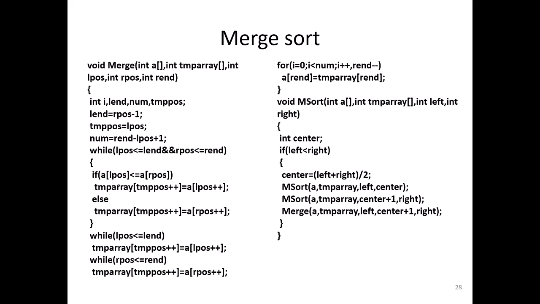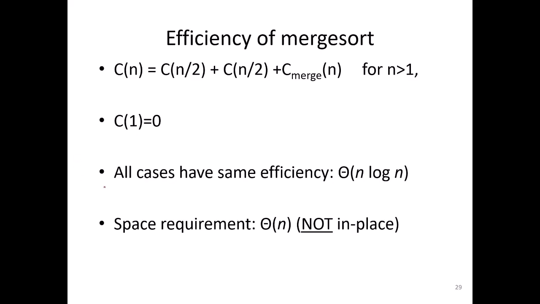And if left position value is less than or equal to right position value, just copy the left position value, and at the same time increment the temporary position and left position. If left position value is not less than or equal to right position value, just copy the right position value and store it into the temporary array. Okay. So after copying it, sometimes